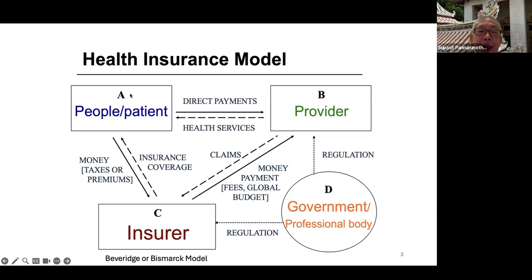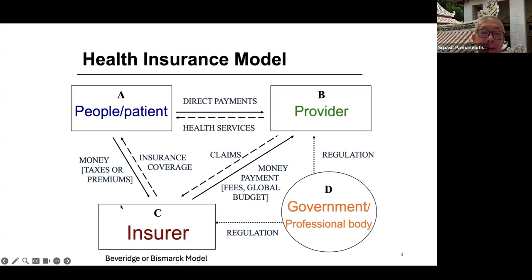This is in block A, and service providers is B. When A used service formally before universal coverage, they paid direct payment, but after universal health coverage,